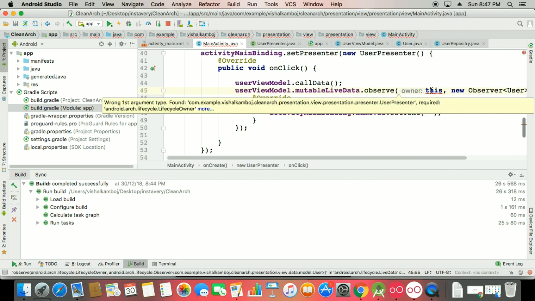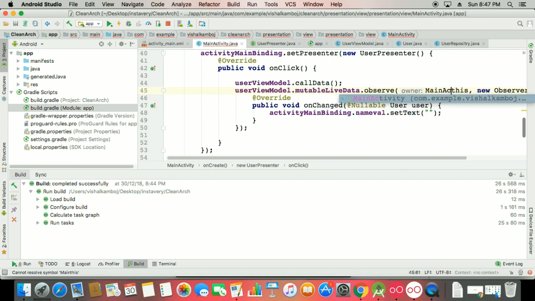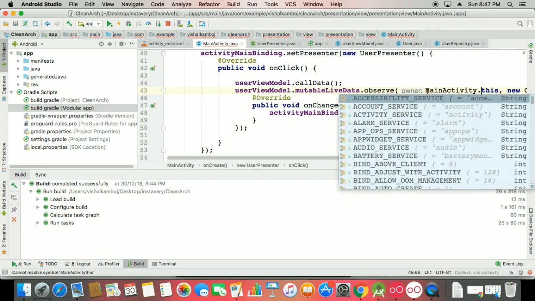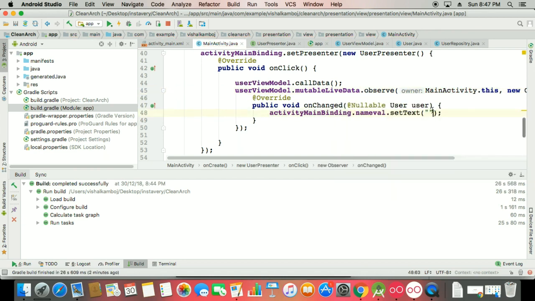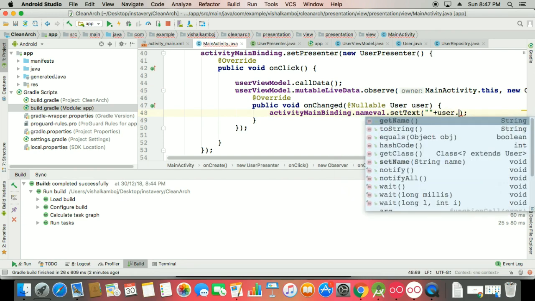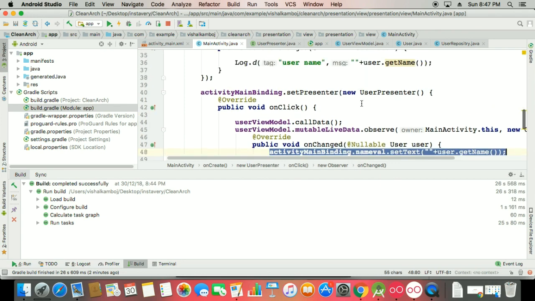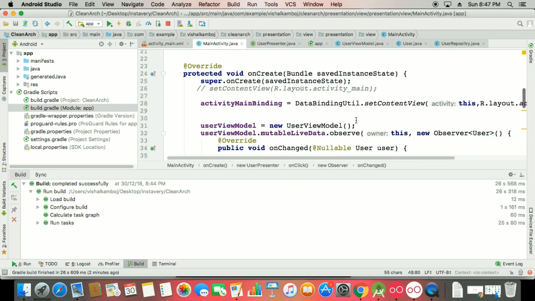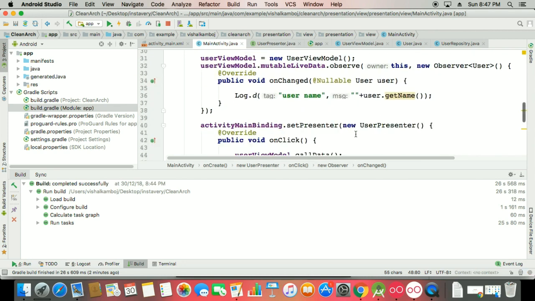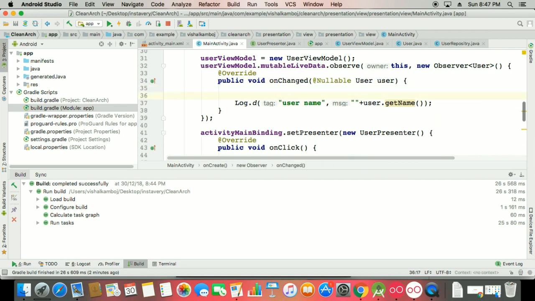And here you can make this main activity dot this, and you can say user dot get name. Okay, and this thing you can show at the very first time also. So it depends, I'm making both things in the create method or here, so it depends on where you want that.